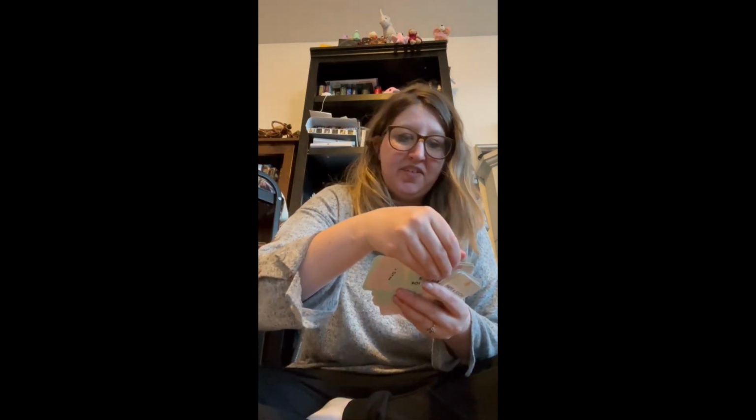Okay. Pick 4 of 5. We got, from my TBR, read a book you're excited to read from the library. I dropped some, so I'm just going to shuffle them about